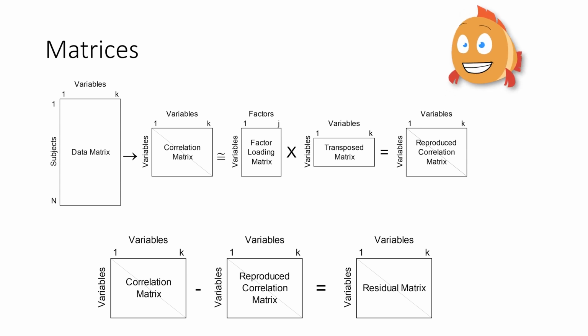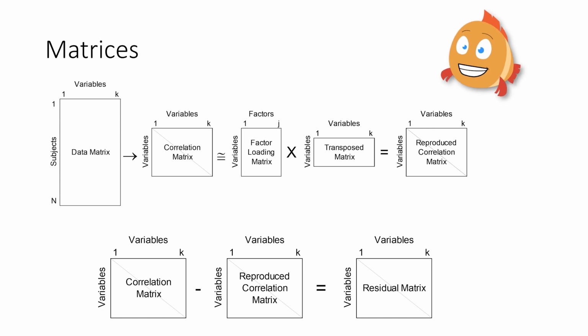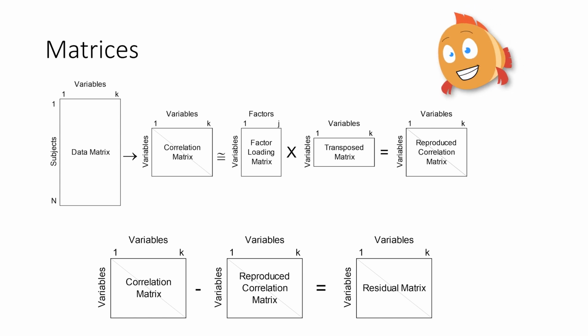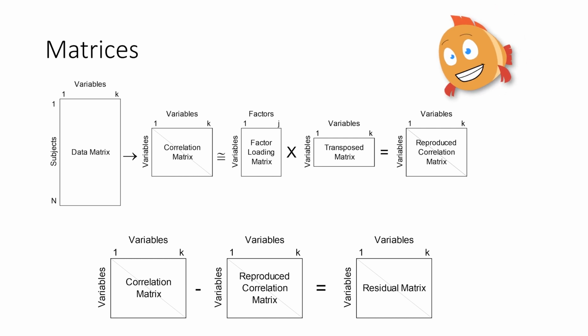So each individual question on your questionnaire, and each row is a respondent. And what we do with that data matrix is we essentially convert it into a correlation matrix, which is approximately the factor loading matrix plus a transposed matrix, which then tells us